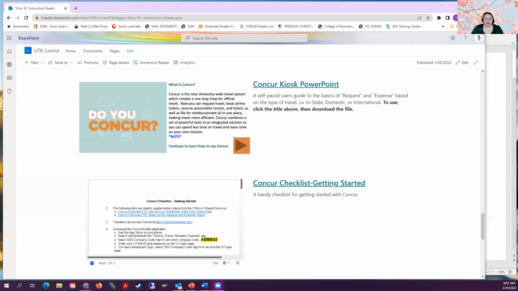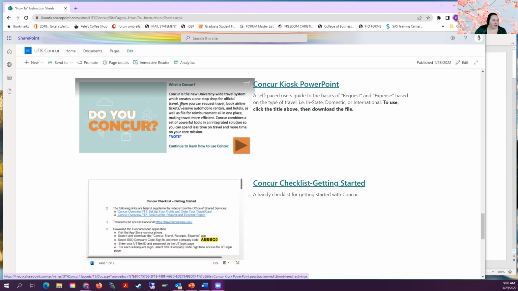What I want to talk about today is Kiosk PowerPoint. If you've been on the Concur site and you've looked at the help instruction sheets, I'll share my screen with you so you can see what I'm talking about. If you've looked for how-to instruction sheets and you've seen this Concur Kiosk PowerPoint that I created, you may already understand how it works, but I want to go through